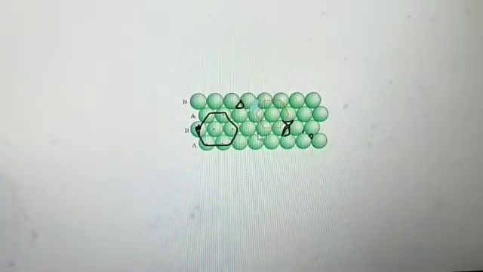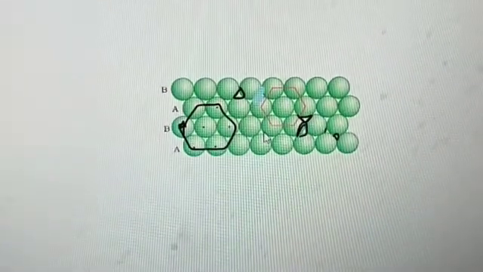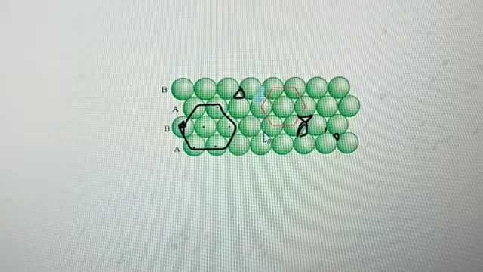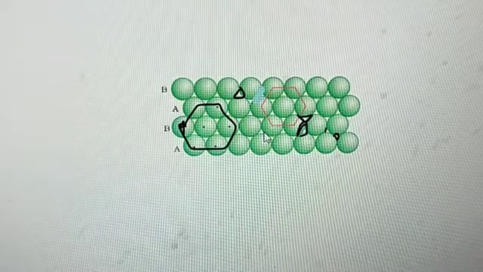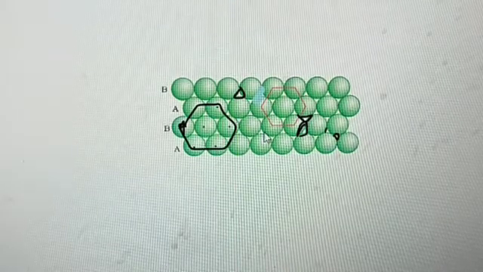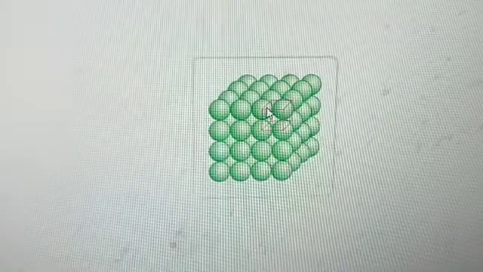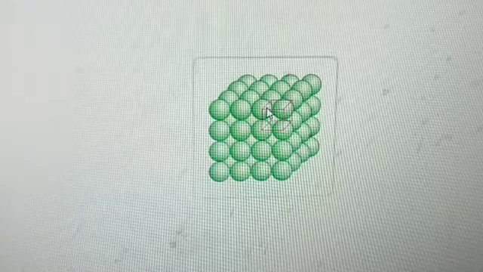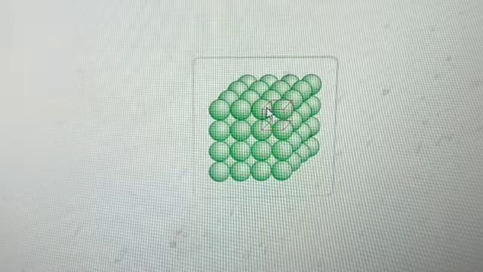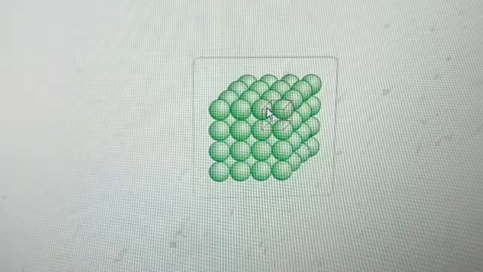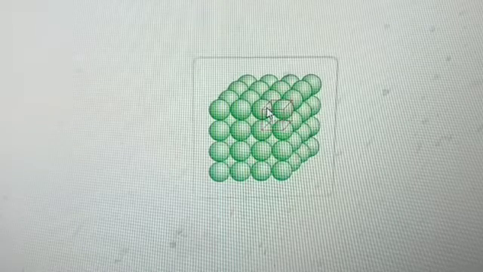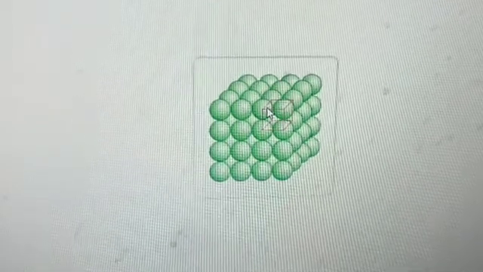Okay, so I hope this is the close packing in 2 dimensions. Next we should go for the close packing in 3 dimensions. In 3 dimensions we can get different types. So now see here, the 3-dimensional close packing from 2-dimensional square close packed structures. So how can we arrange them?